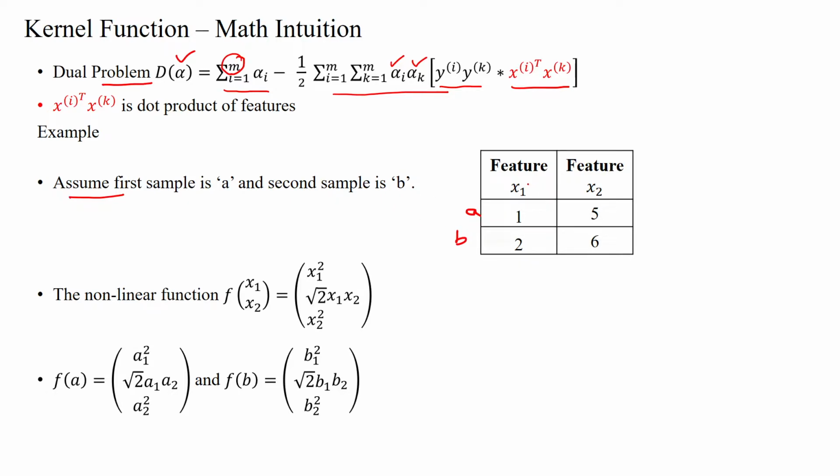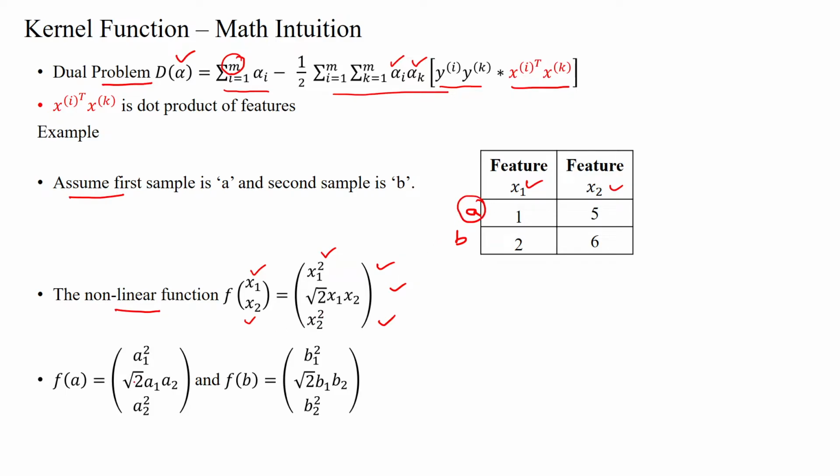Here we have the features x1 and x2. Then assume we are going to apply a nonlinear function f of features x1 and x2. This is the nonlinear function we are going to apply, and we should also specify what function we are going to use as the nonlinear function. Here it is x1 square, square root of 2 x1 x2, and x2 square. Then based upon that, for the